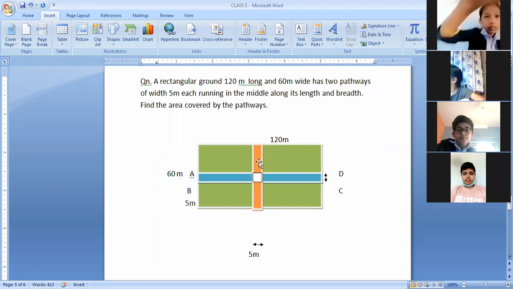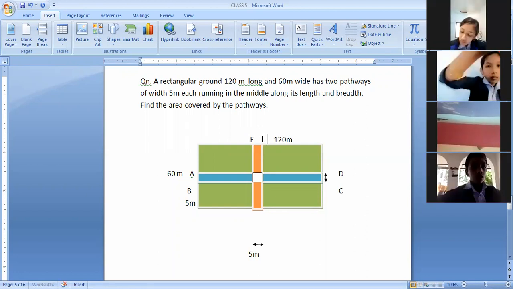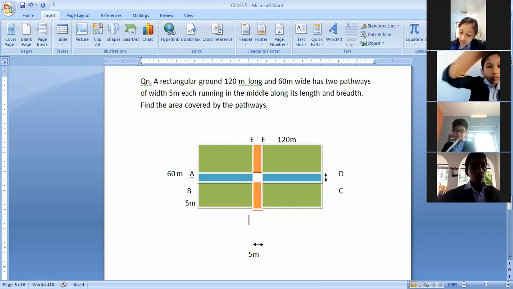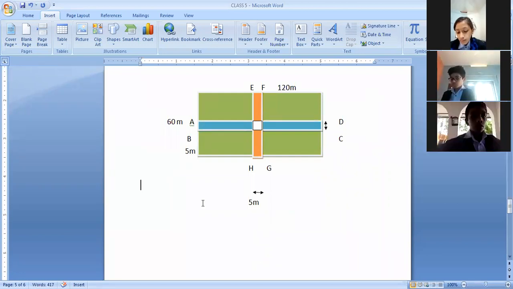And this orange pathway, I'm going to name it E, F, G, H. Here E, here F, here G, H. So the area of the pathways will be equal to the area of